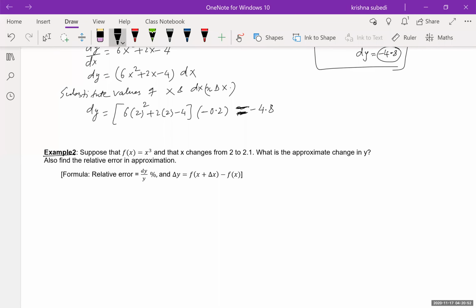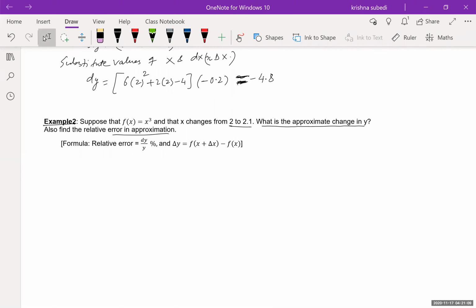Suppose that f of x is x cubed and that x changes from 2 to 2.1. What is the approximate change in y? It's a good question. Also find the relative error in approximation. We'll talk about the relative error in a minute. So first of all,